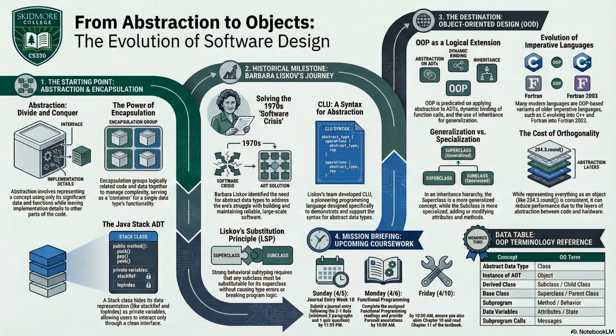specific instance. So instead of creating 50 different stack data types for 50 different kinds of data, you just write the logic once as a parameterized stack. When you instantiate it, you declare, this is a stack of integers, or, this is a stack of strings. Mechanically, that seems like a massive upgrade for type safety.